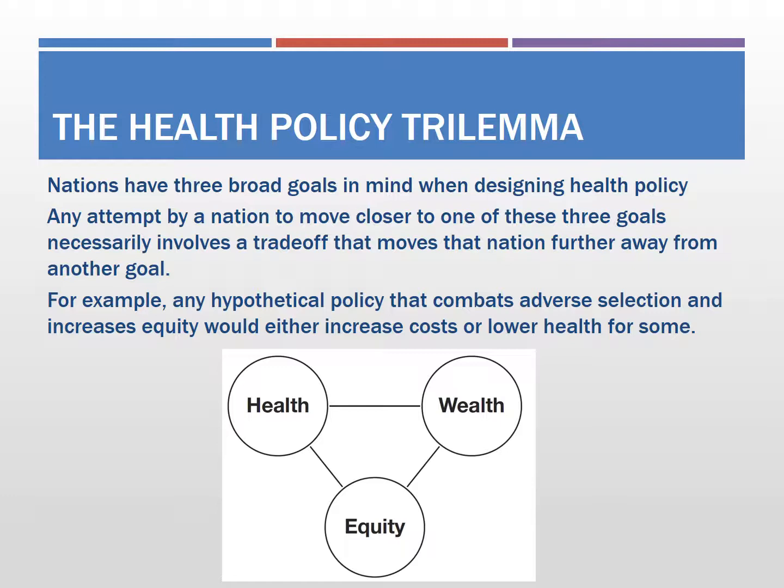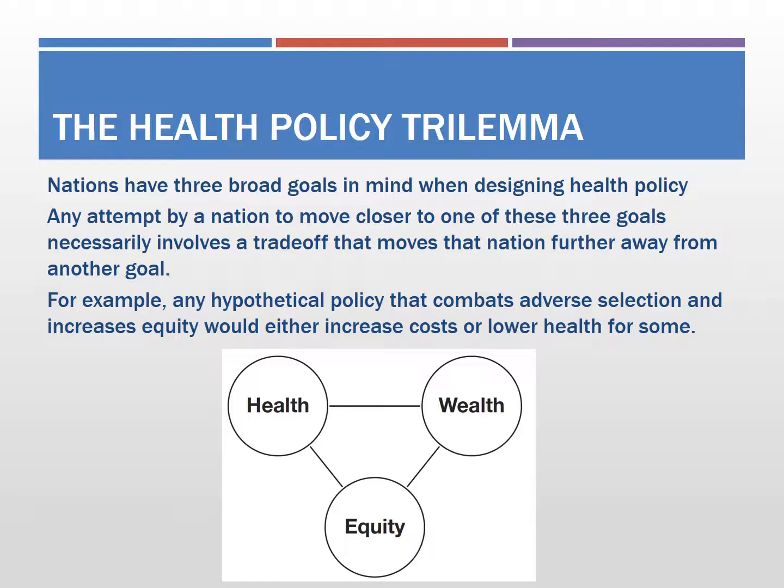But the thing is, with the scarce resources we have, the imperfectly competitive markets of healthcare services, and also the asymmetric information of the insurance markets, it's hardly possible for a country to achieve all three goals simultaneously. What is found to be true in reality is that most of the time a country needs to make trade-offs between these three goals